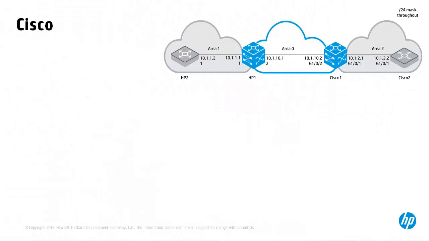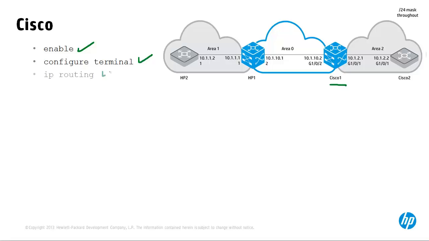To do something similar on the Cisco devices, in this case Cisco 1, you type enable, conf-t, enable IP routing. IP routing is not enabled by default on Cisco switches. It is enabled on Cisco routers by default. So in this case, because we're using a 3750 switch, we need to firstly enable IP routing and then specify